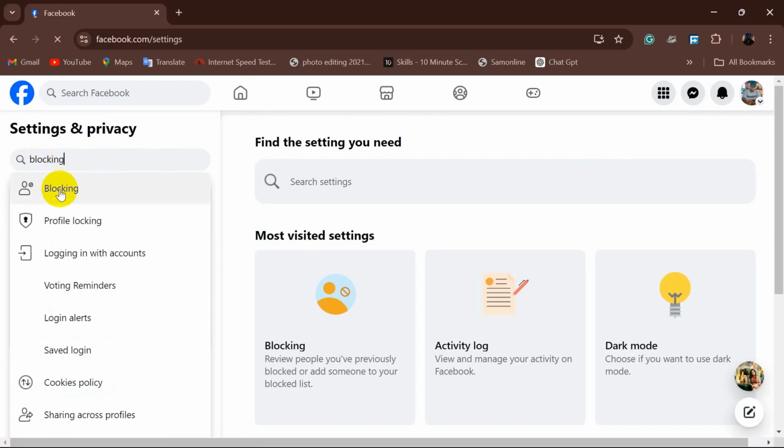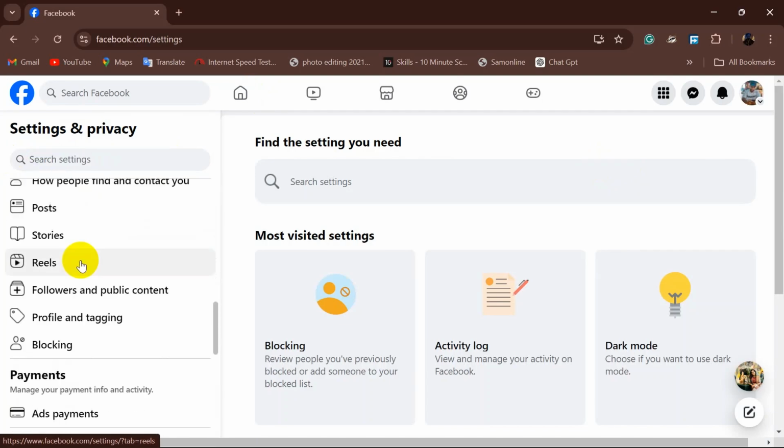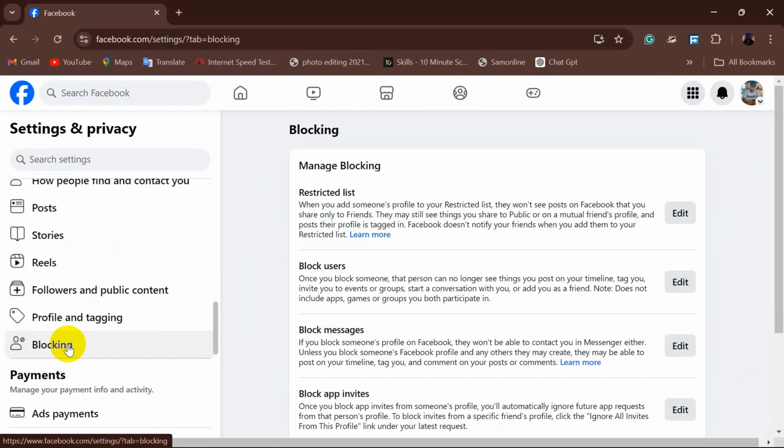So after searching for blocking, you can see you will just get this kind of option. If you don't want to search it, then just scroll down a little bit, and after a little scroll down you'll find blocking over here. So click on that,